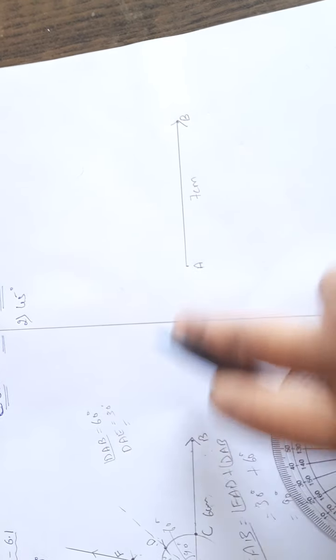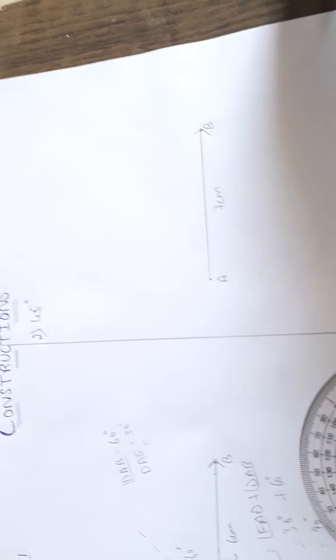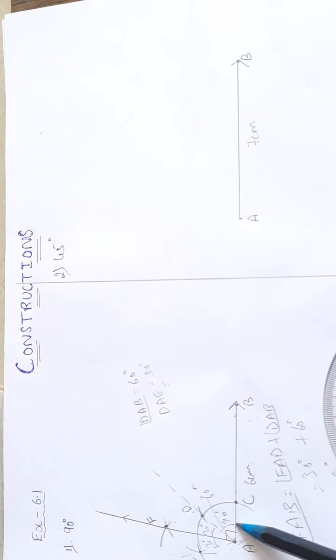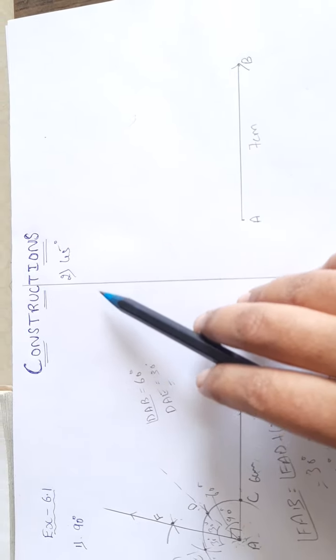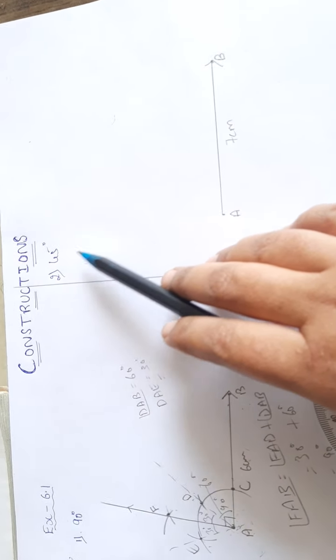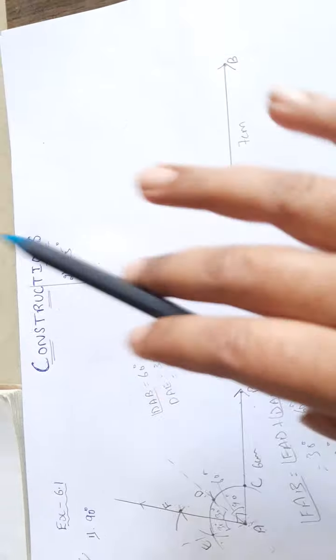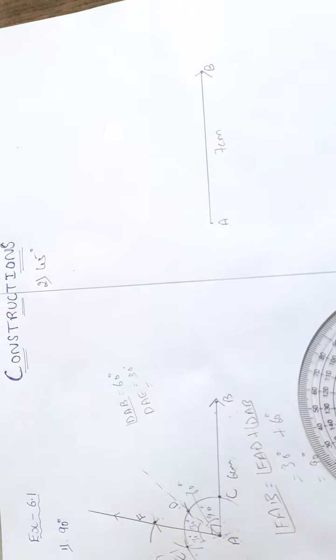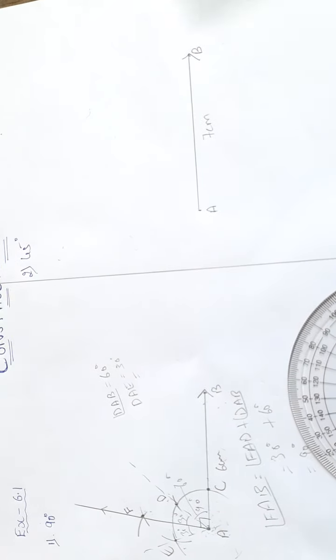Here I have chosen 6 centimeter. Here I will choose 7 centimeter. Whatever measurement you want, you can choose, as I said before. Now just think how to do 45 degree. We know that exactly half of 90 degree is 45 degree. And in the beginning of the session I showed you how to draw the angular bisector. Whenever you draw an angular bisector, it will divide the angle into exactly half.